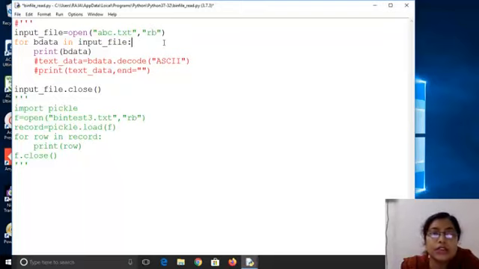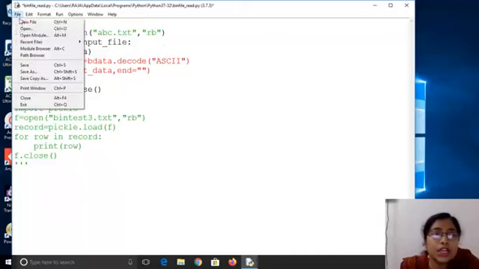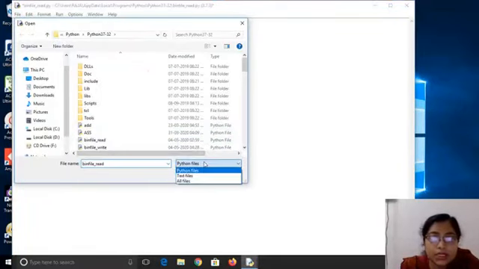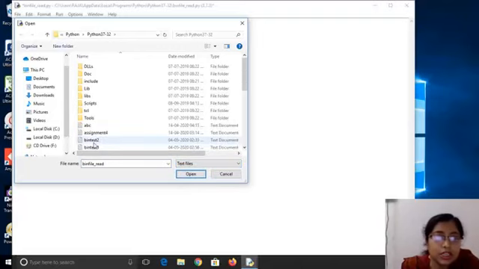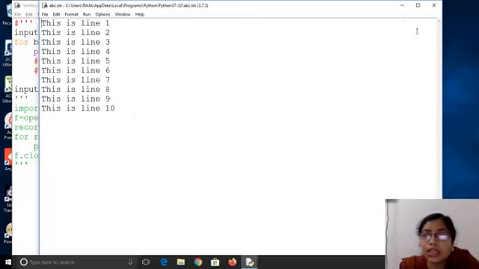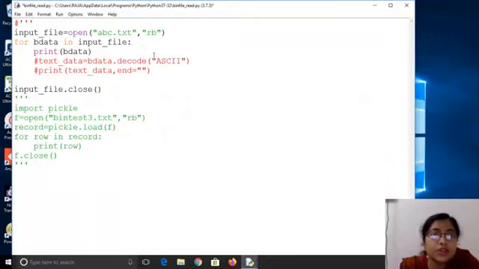So let's see what the difference is. At first, let's see the content of abc.txt, and what it reads when we open the file in binary mode. Let's run the program.